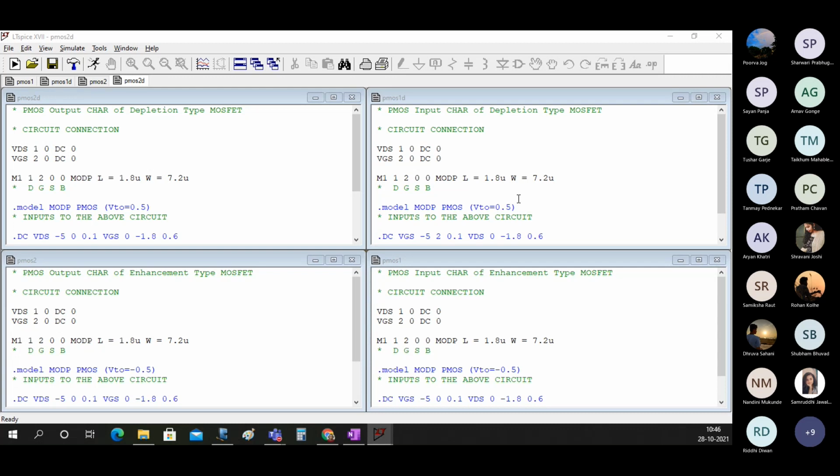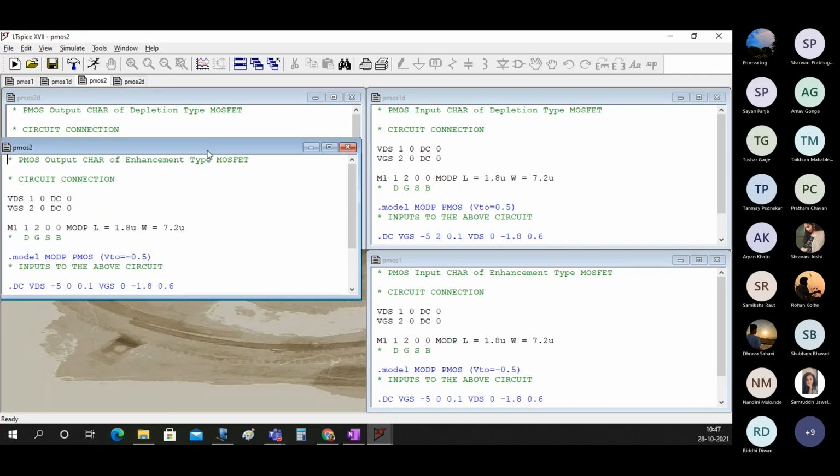The circuit connections are absolutely the same. Instead of mod n, now you will write mod p, and in the dot model you will write mod p, which is not NMOS now, it is PMOS. So basically that is the change.